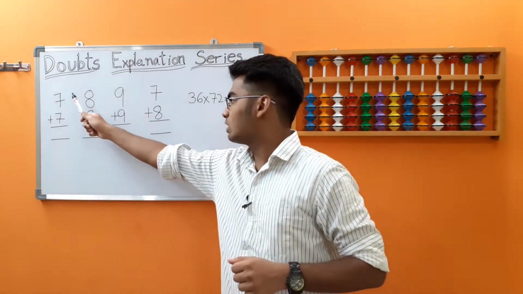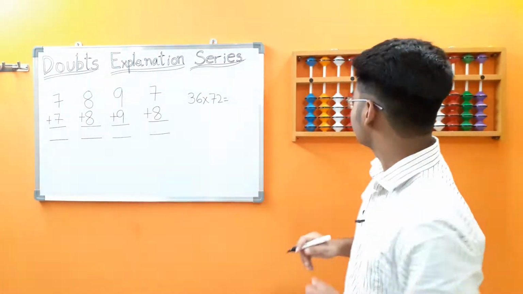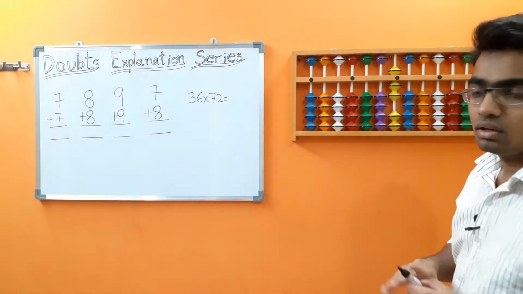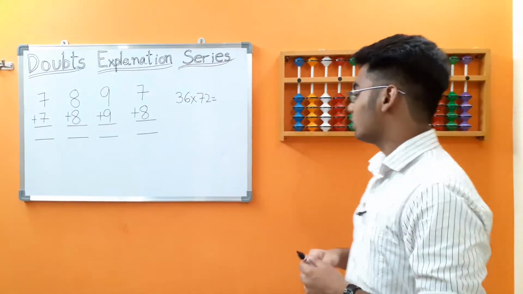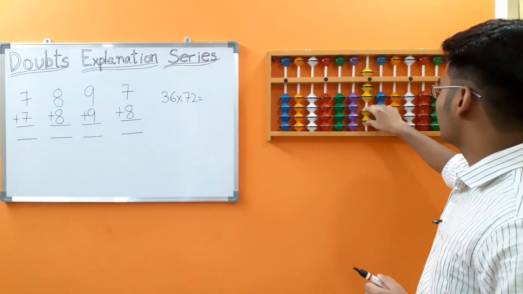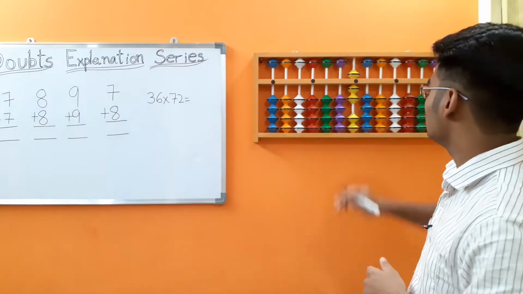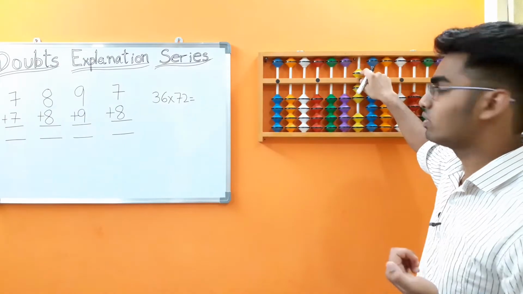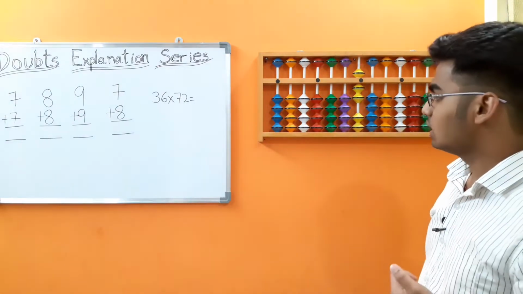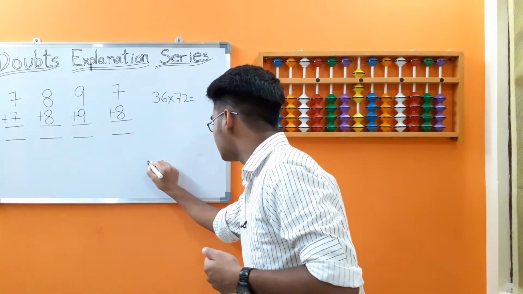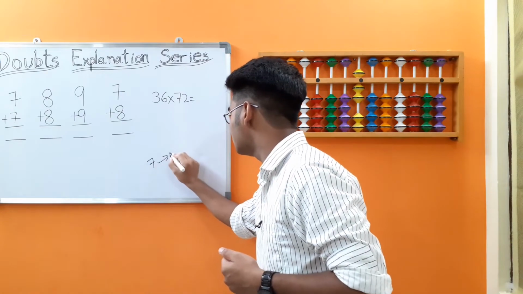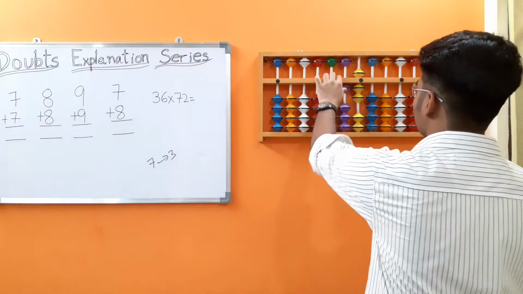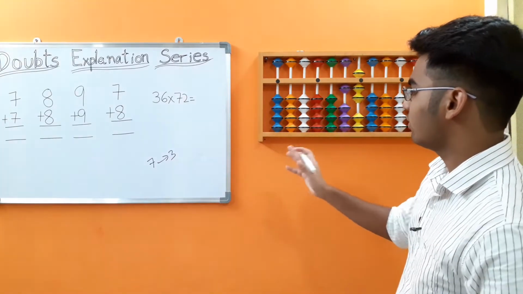Let's start with our first sum, 7 plus 7. Let's place 7 on the abacus. We have to add 7. We only have 2 bits at the lower end, but we have to add 7. And also our small boss 5 is occupied and we cannot use small friends concept. Let's go to big friends. In big friends, 7's friend is 3. Add the boss 10 and less the friend 3.